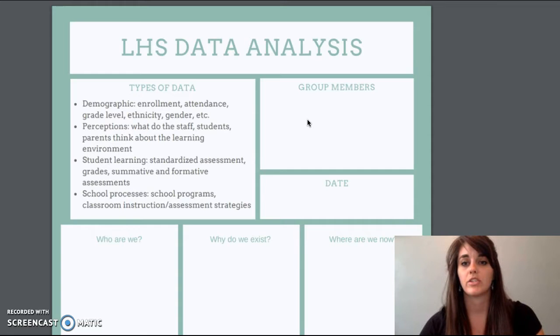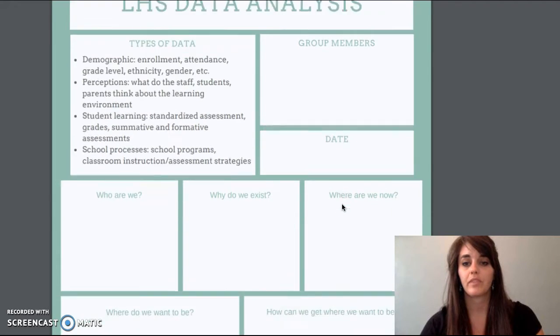One thing I like about this sheet is you could use this for department meetings, or you could use it for grade levels, or you could use it for whole school or just whole district. It doesn't really matter, as long as you put your group members here and what those group members do in the building, I think that's really important. And then you can put the date so you can go back and discuss at different dates what you thought